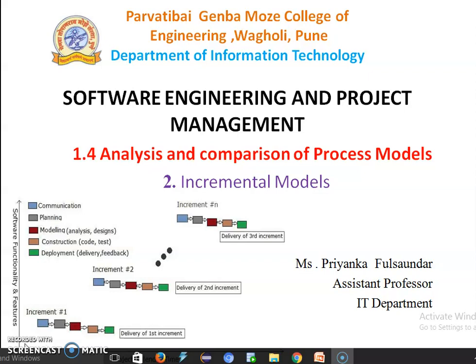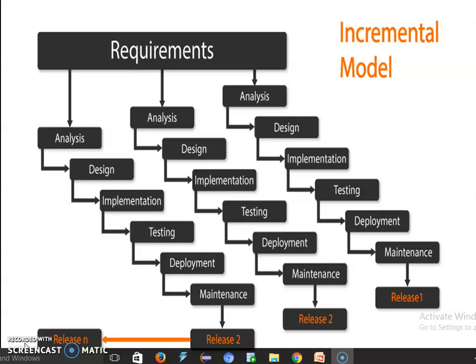In our previous video, we learned what the waterfall model is, and in this video, we learn the incremental model. Basically, the incremental model is a model and process of software development where requirements are divided into multiple standalone modules of the software development life cycle.